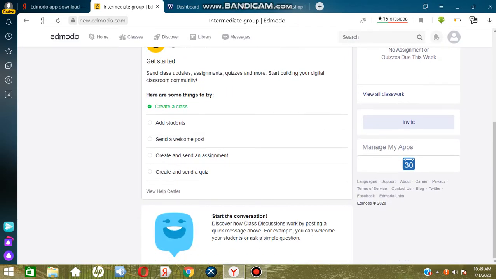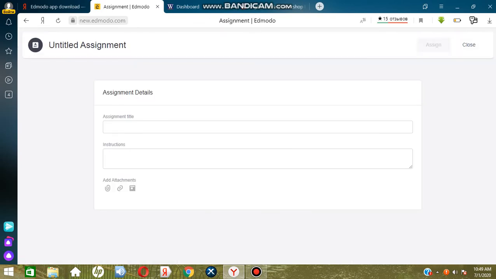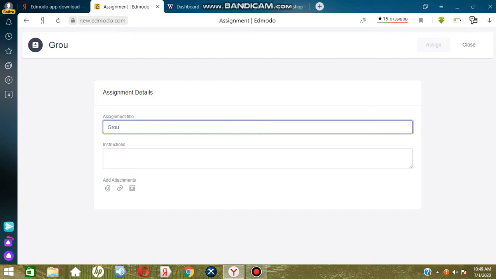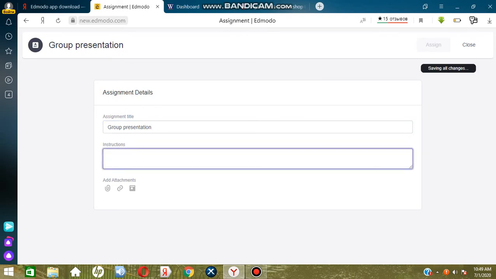Add students, send welcome post. You can create a post here. You can create assignment, create and send quiz. For example, it's somehow similar to Canvas, but it's different. For example, assignment title, group presentation, let it be, and instruction. Here you can add any instruction, for example